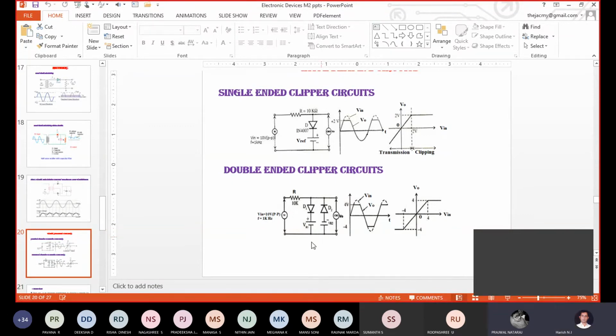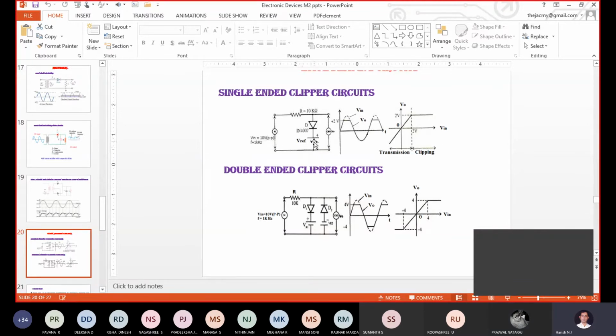Exactly, you are right. So just check it out. How much voltage have I provided here? V in is 10 volt peak to peak. 10 volt peak to peak means what about the positive peak value and the negative peak value? 5 and 5. How much voltage are you providing with the help of V reference? 1.4. When V in is equal to 0, your V reference will be dominating.